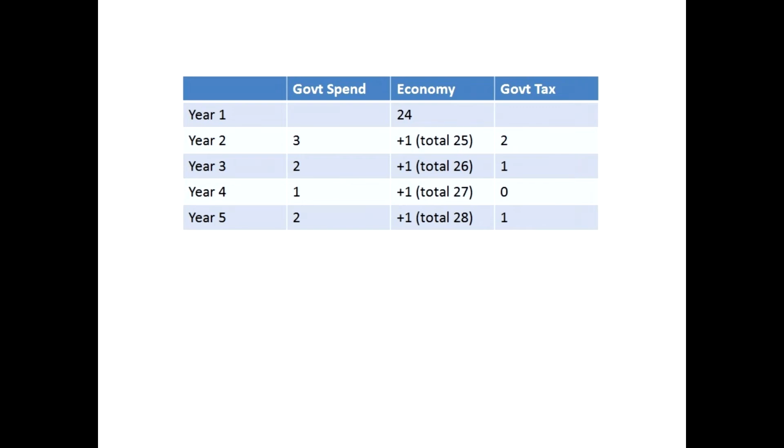The next year, it looks like we have a Liberal National government because they've cut spending and cut taxes. However, the difference between the two is still $1, so again, this is okay. In year 4, we still have the LNP government, and they've cut the spending again. They've also cut taxes, this time to zero. There is still $1 of government spending, so that is an injection of $1 overall